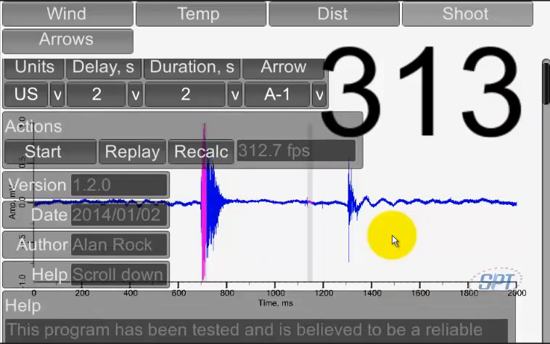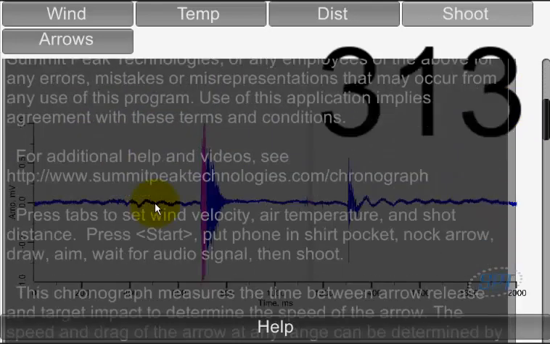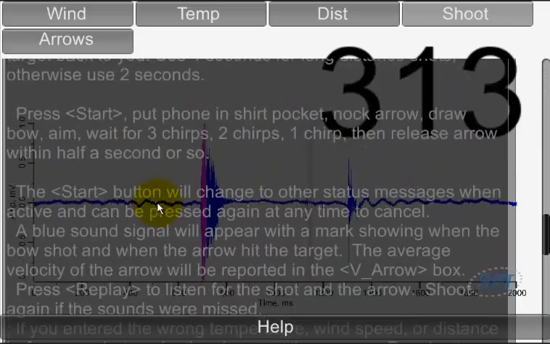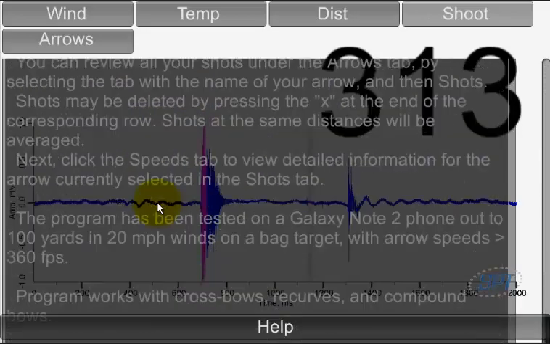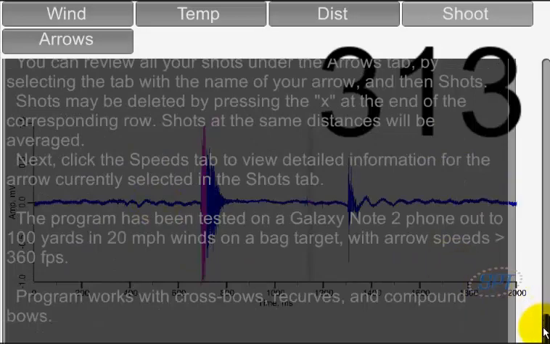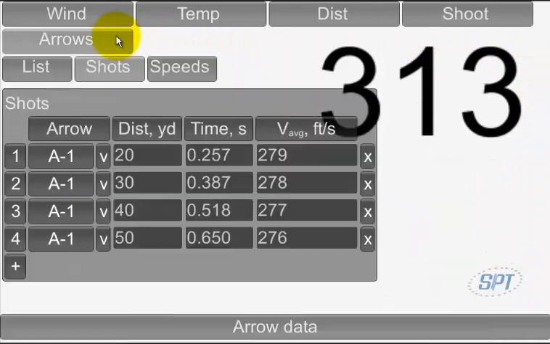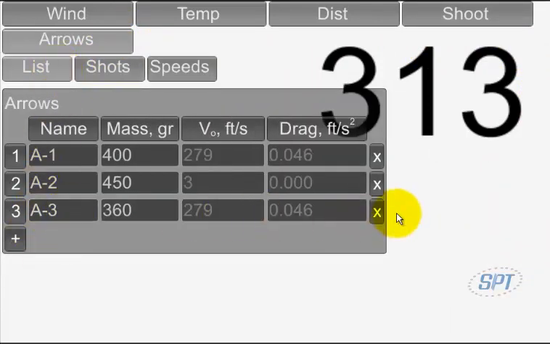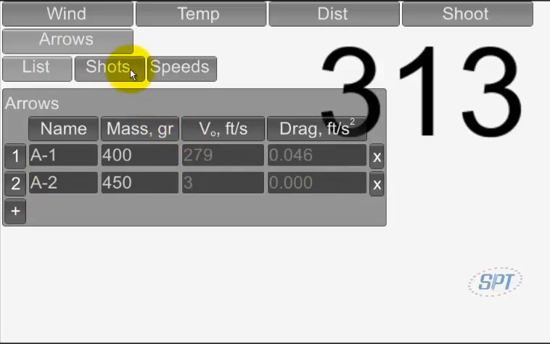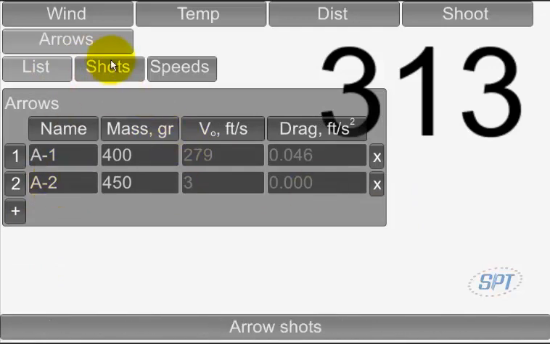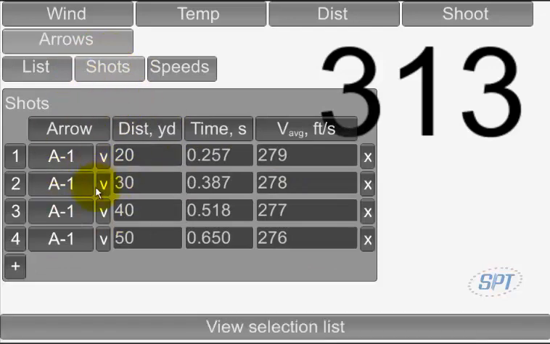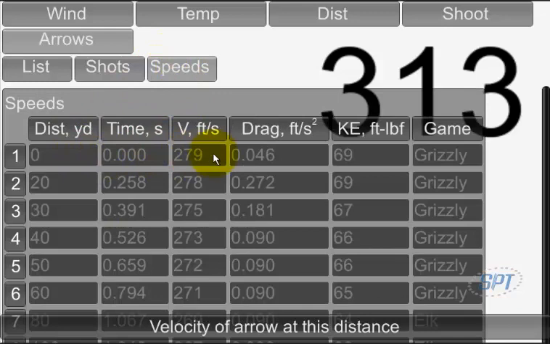Then you can scroll down to see additional help about the program. You may want to read the help before you take a shot, so it's easier to read. And for the arrows tab, you can add new arrows, you can delete arrows from here, you can rename them, you can edit the shots, and the speeds will give you the time and the velocity of the arrow